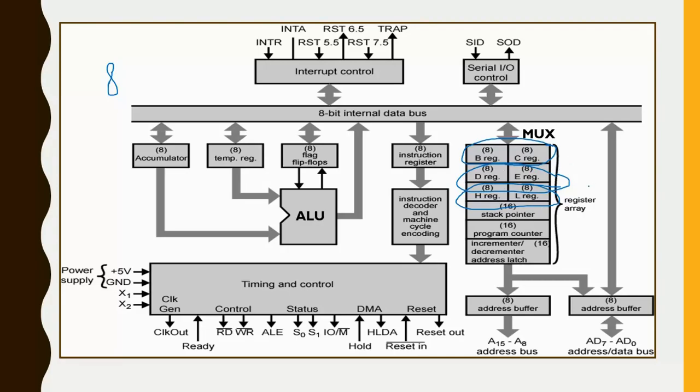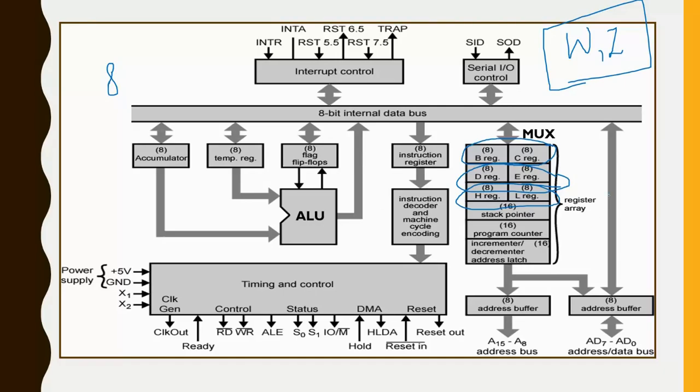If you want to operate on a pair of registers, the next thing is there are two more registers, W and Z, which the user can't use. These are internal to the microprocessor. So this can also be asked in the Viva, what two registers are used internally by the microprocessor and you can't use them. These registers are W and Z. Okay.